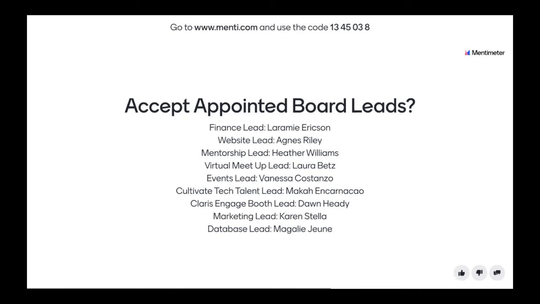And once she makes this appointment, which she's done here with the slide, then we as a membership or as a leads board, we're just at the membership meeting here, need to accept or approve her slate of nominees. So I need to entertain a motion to accept the slate of nominated appointed board leads. Would anybody like to do that?